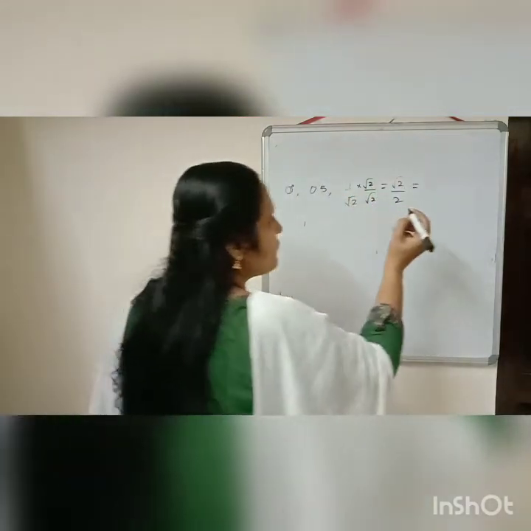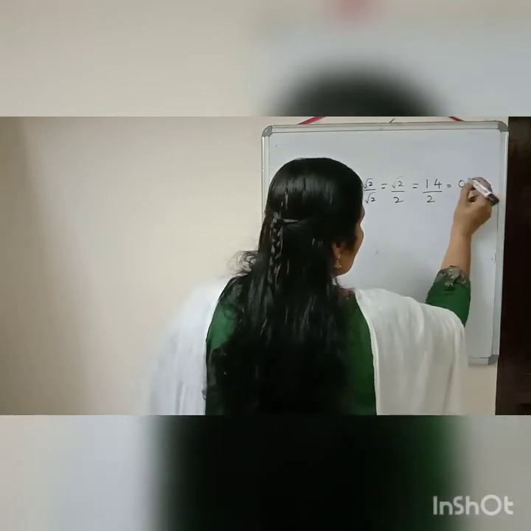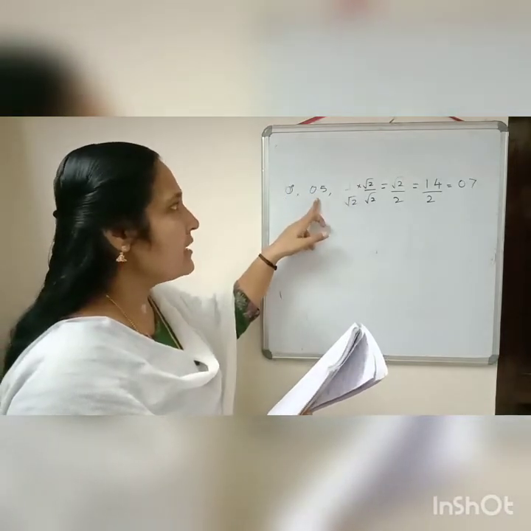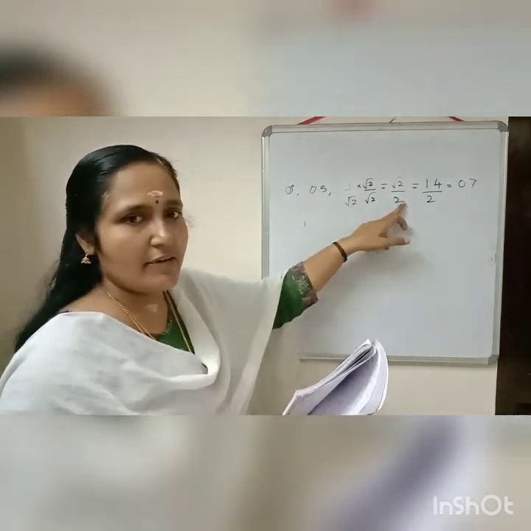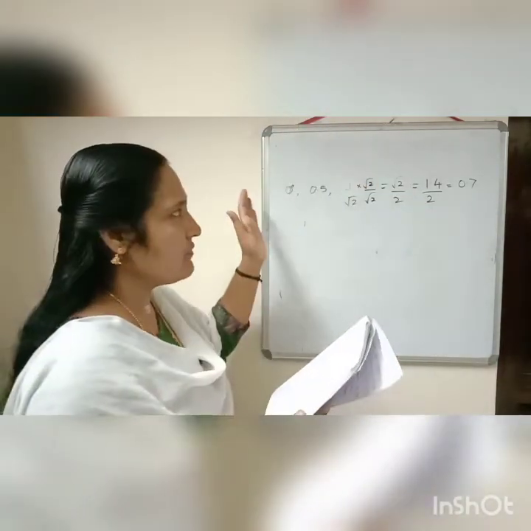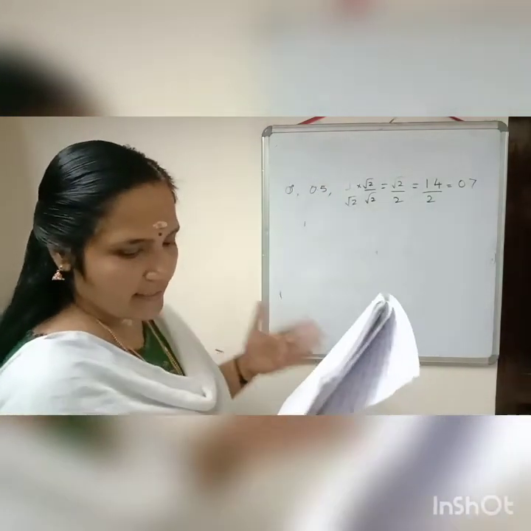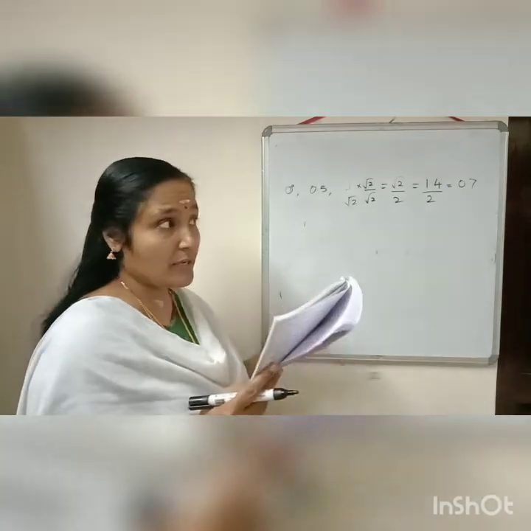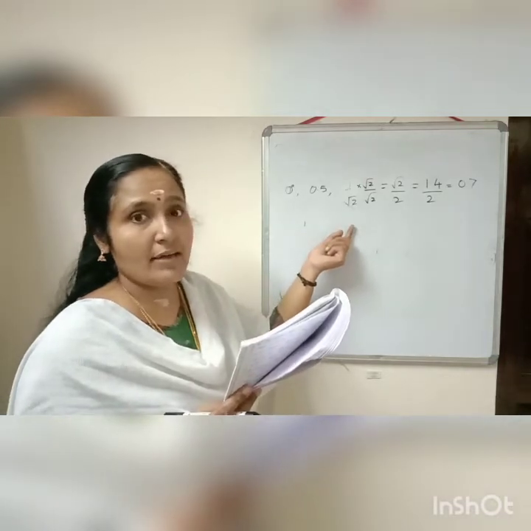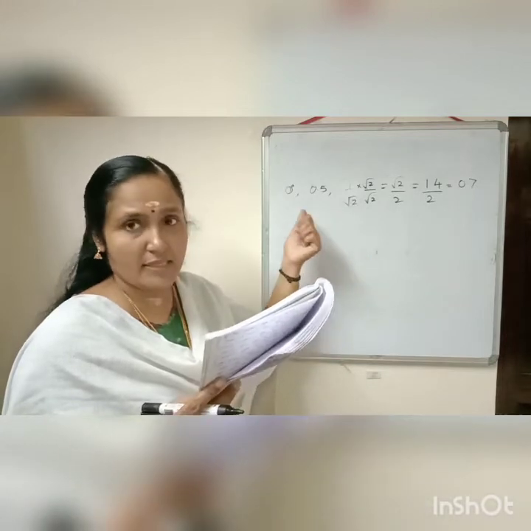And what is the value of root 2? Approximately 1.4, divided by 2, so it will come 0.7. So sine 0 degrees is 0, sine 30 degrees is 0.5, sine 45 degrees is 0.7. In the same way, sine 60 degrees, and sine 90 degrees is 1. So the value of sine theta increases. Correct. Value of cos theta increases as theta increases. You can check what is cos 0 degrees? 1. And cos 30 degrees is root 3 by 2, which is obviously less than 1. So the third one is false.